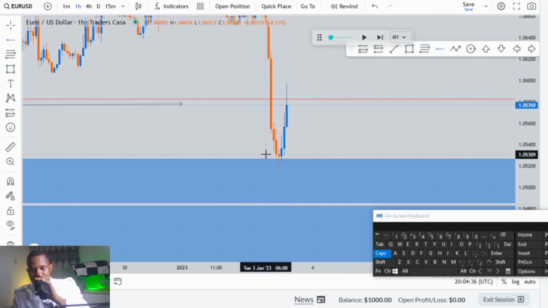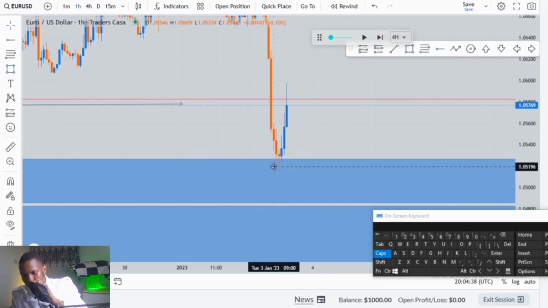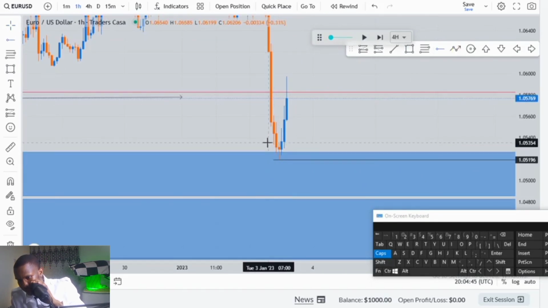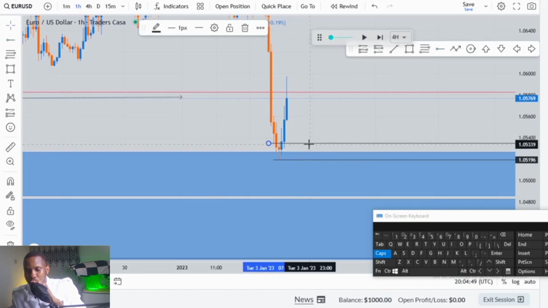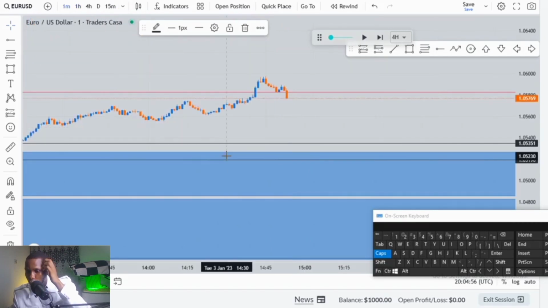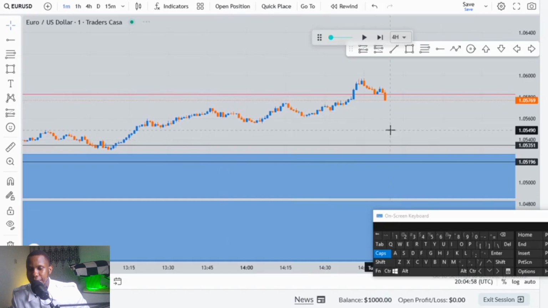So this is my entry, guys, here now. This is where I got my entry. This low here, and this high here is actually my entry, guys. Something like this. So once I see this from the 1 hour time frame, I'll move to the 1 minute, guys. Now what I want to do is find unmitigated levels from